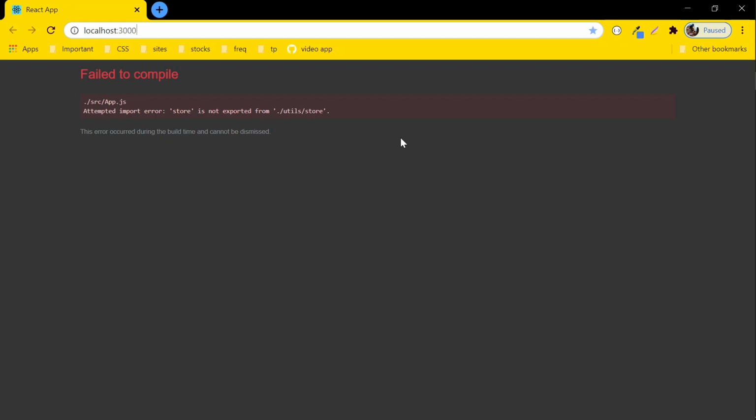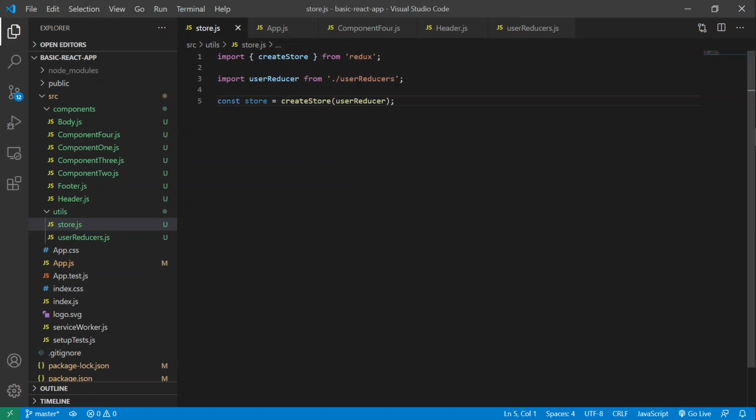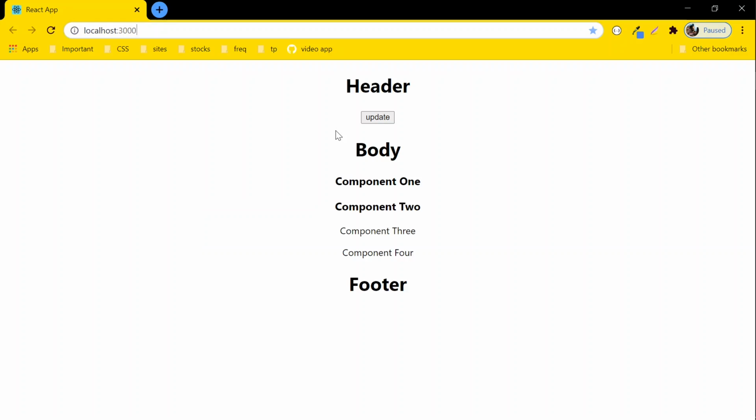Oops, looks like we have missed something. Let's see our store file. Yeah, we haven't exported this. So let's export it. Now we will get back to the browser. Here we can see that we have this button in the header, and in component 4 we are going to display the name. Once I click on this update button, I can see that the name Kamran has been updated in